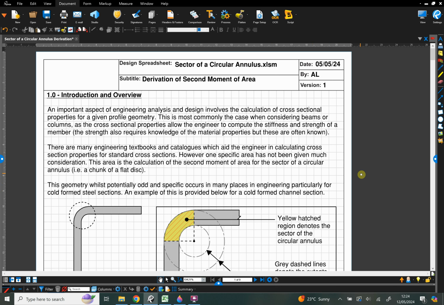Before I start getting into the calculations and the derivation, I wanted to give a brief overview as to where this can be important. One area where I've come across this in the past is with cold form steel, which is where you get a flat bit of steel and you send it through a bunch of rollers and you form a profiled section